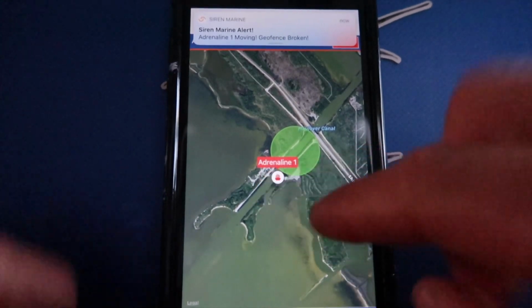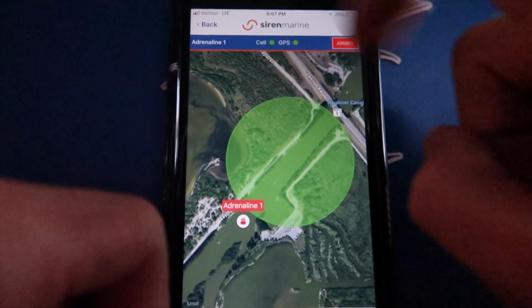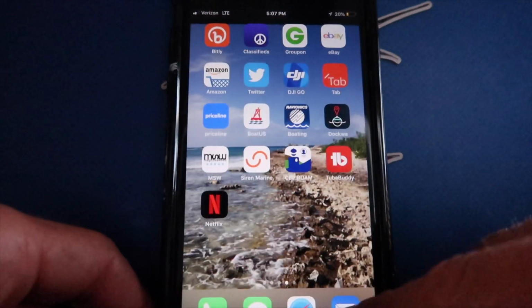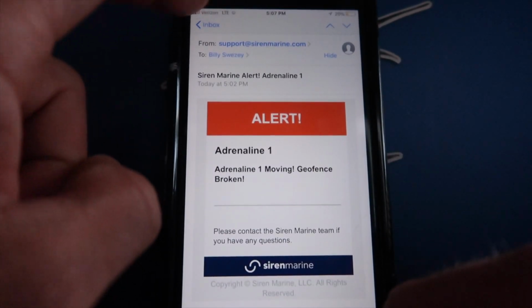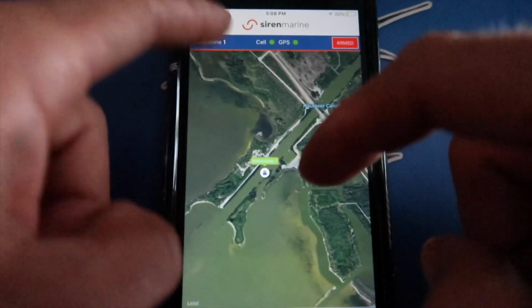So there we go. We just exited the geozone. We got a little notification. Probably have an email as well. Might have to. Yep, there we go. So we got our email as well. So there you go. That's one of the features I use the most, and because we're anchored a lot, and